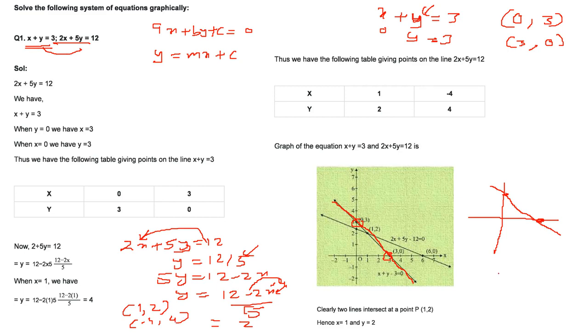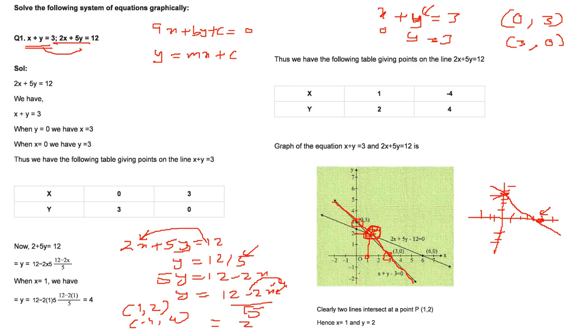So the graph is like this. 1, 2, 3, 4, 5 is like this marking or interval we make. 1, 2, 3, 4, 5. So this is plus x. This will be minus x. This will be plus y, and this will be minus y. Now let me make this point 1, 2. Where is 1, 2? X is 1, this one, and y is 2, this one. So the point x and y, 1, 2, is like this. This is my point. And the second point is minus 4, 4.